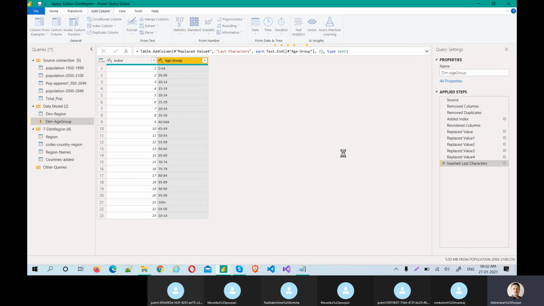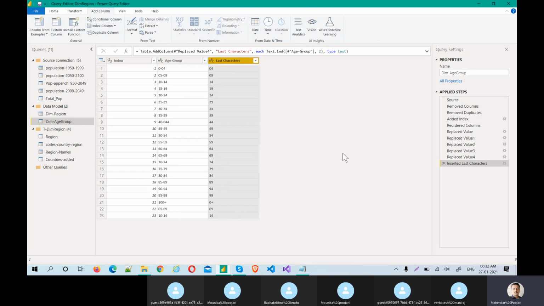Why? I'm going to create some age group. I'm going to create a conditional column. Now you will understand what a conditional column is. Here you see, 0 plus is meaningless. 4, 9, 14, 19 are all actually meaningful, but 0 plus is not.